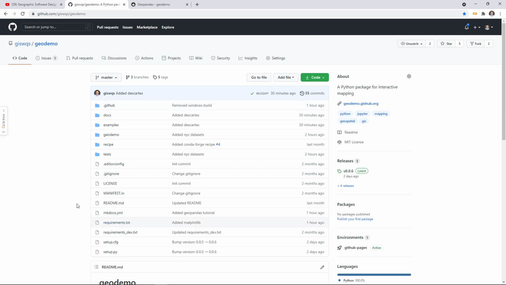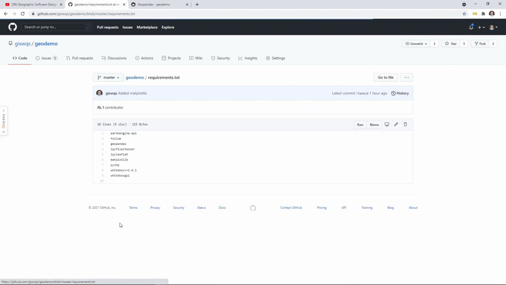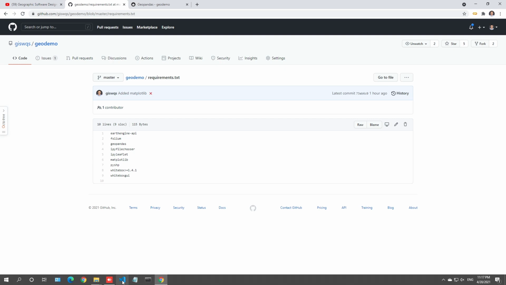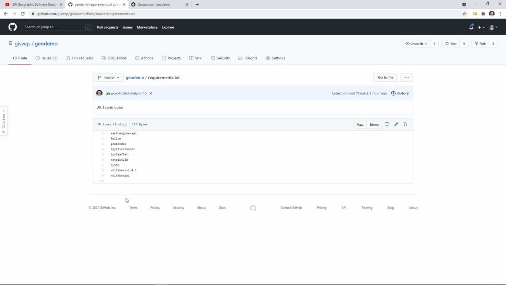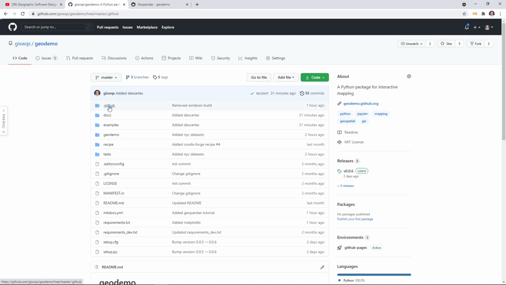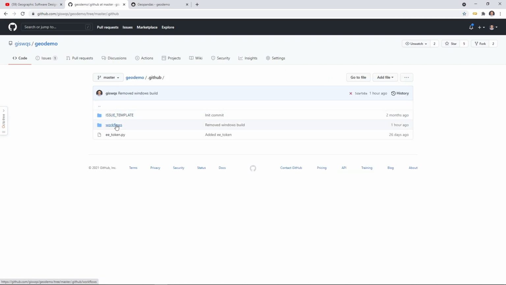You need to add GeoPandas into the requirements.txt, right? So for example, using Visual Studio Code or whatever editor that you use, then you can add GeoPandas. But keep that in mind, once you add GeoPandas, if you have GitHub Actions, so for example, I use GitHub Actions and then workflows,